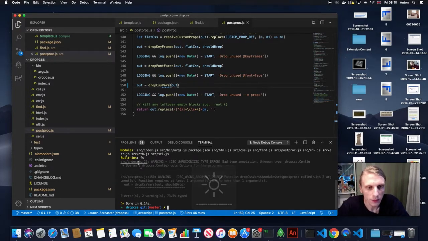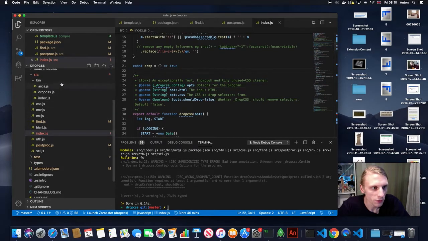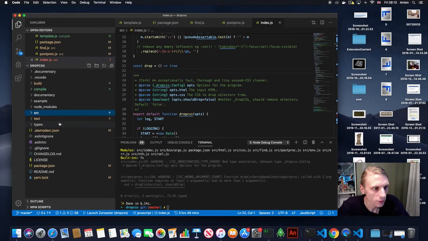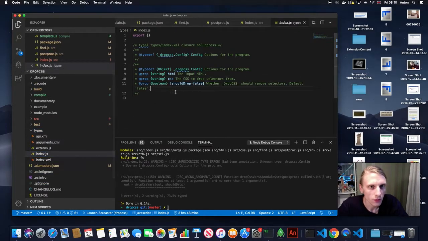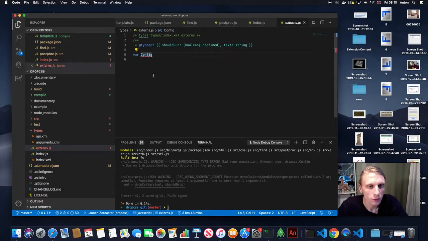But basically in here, you know how we created types previously, we need to use something called externs, and the externs is the way to define types for the Closure Compiler. So in our types we have just types, which basically is for VS Code. So from other packages I could basically import types from here, like config. But externs as well,